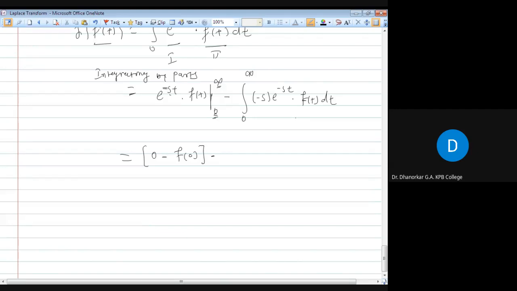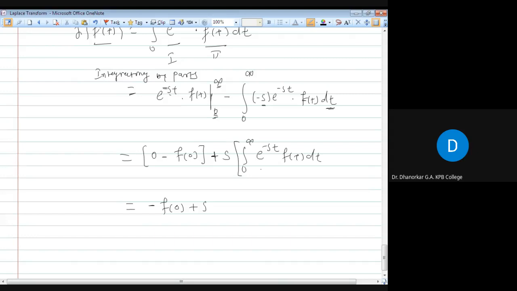Minus, since we are integrating with respect to t, s becomes a constant with respect to t. Therefore, I will take it outside this integration. This is minus 1 plus s into integration from 0 to infinity of e raised to power minus st f of t dt. This is nothing but minus f of 0 plus s into